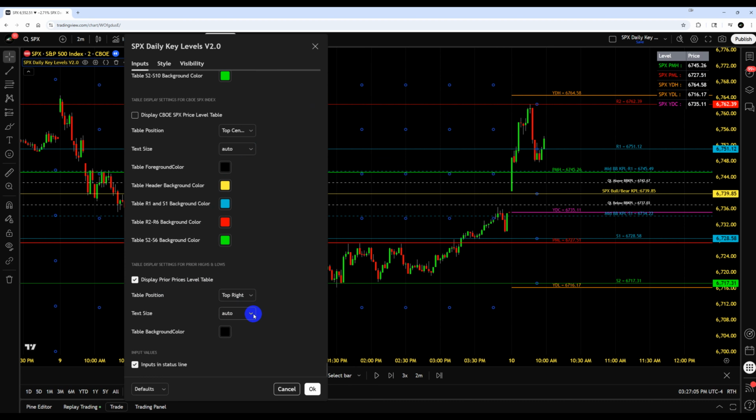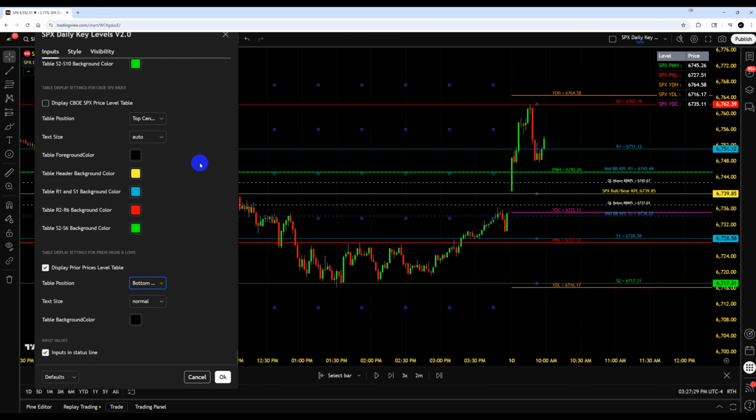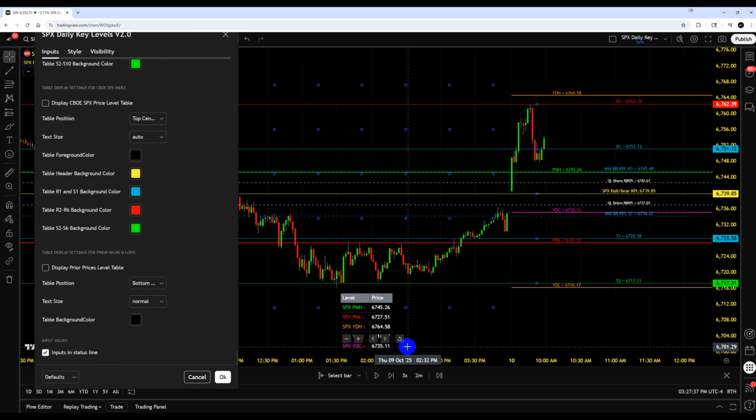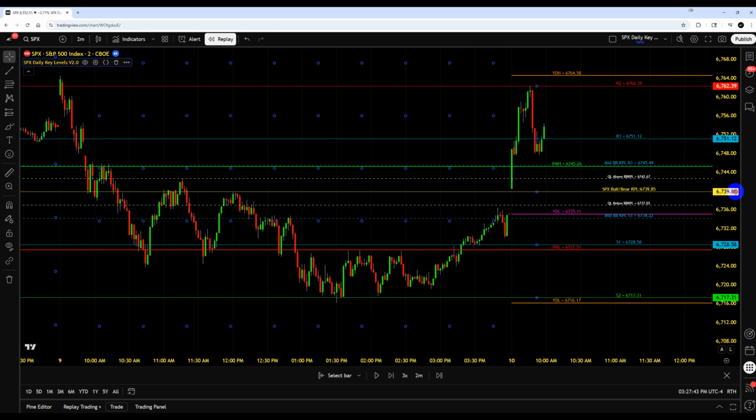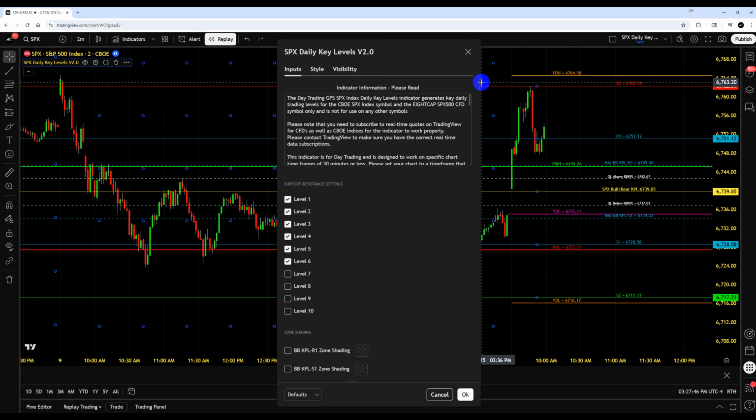And you can control the position of that table and also the size of the table. For example, you could make it smaller. Or you just go back to normal. And you can also change where it's located, like say here, bottom center, as an example. Or you can just uncheck it and then it's no longer on the chart. So if you don't feel that either one of those tables are really necessary, then you can uncheck them in a chart. This other table here, which you may have noticed,